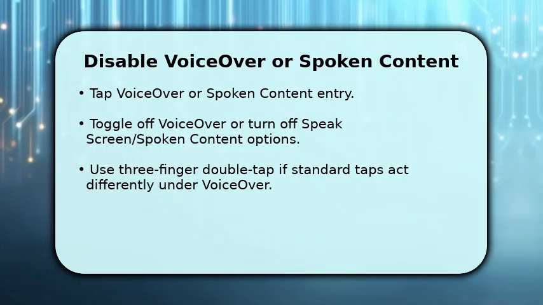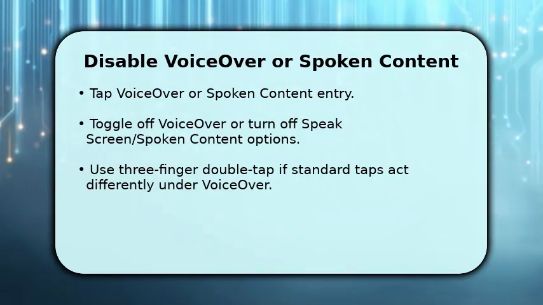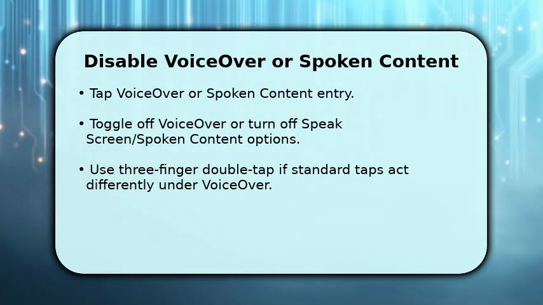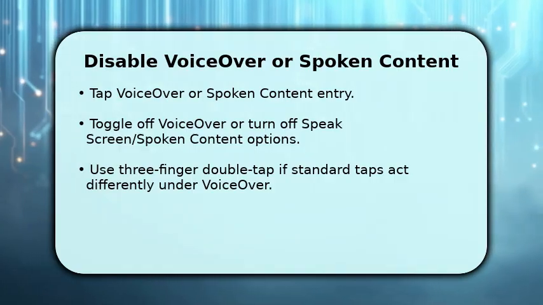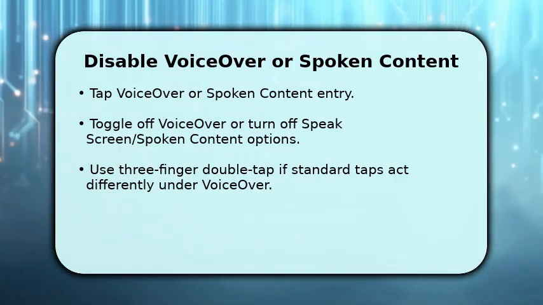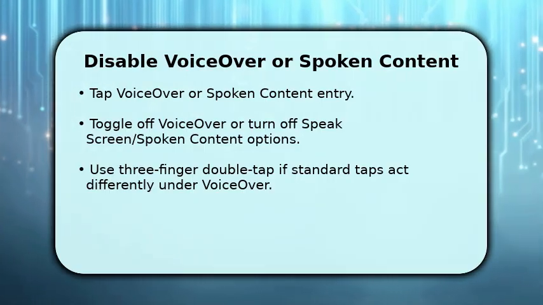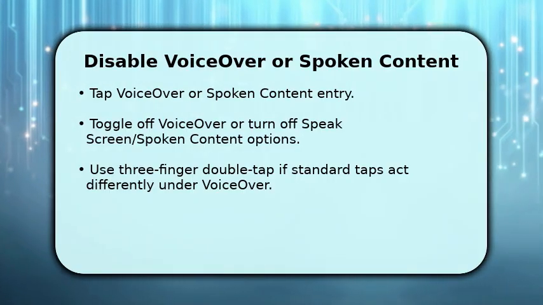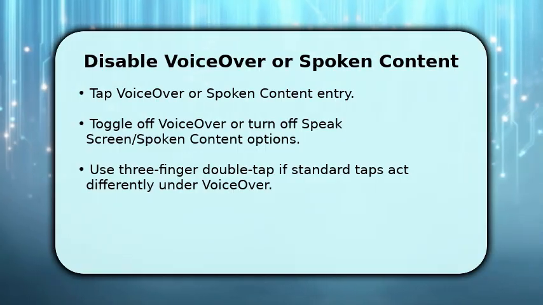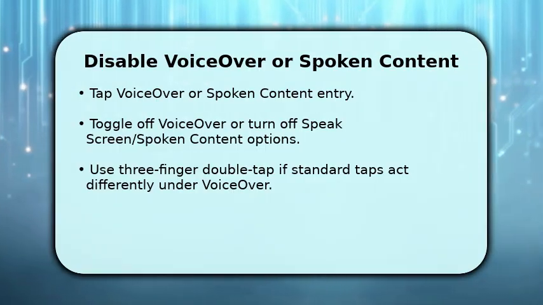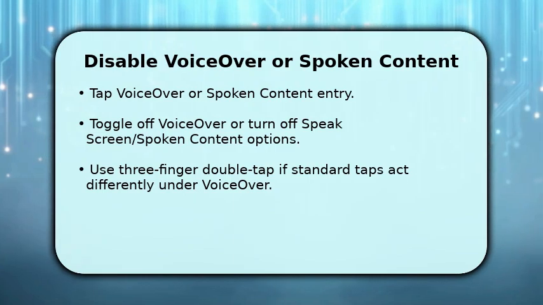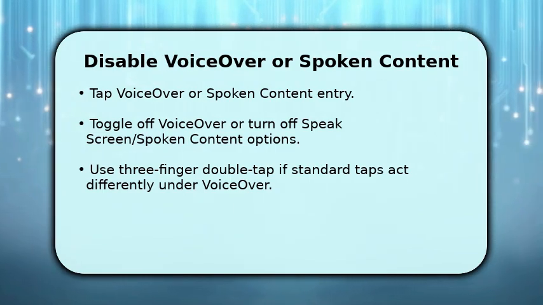Because VoiceOver changes how taps work, use a double tap to activate buttons when VoiceOver is on, or a 3-finger gesture to scroll. This helps you toggle reliably. Once inside, switch VoiceOver off or disable Speak Screen and Speak Selection as needed. Then pause and wait for the system to stop speaking, so you can confirm the interface returns to normal interaction